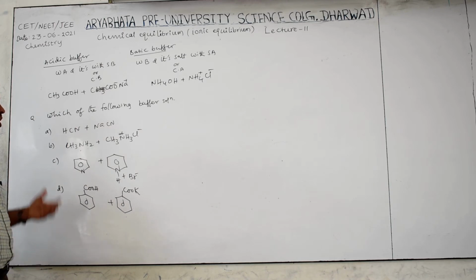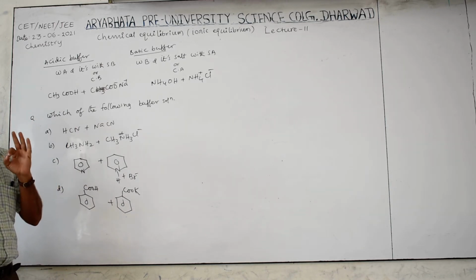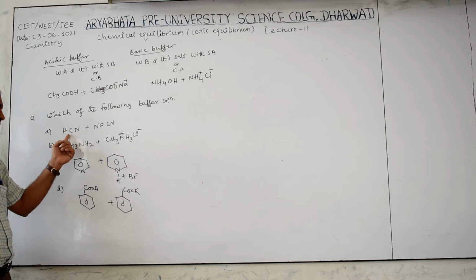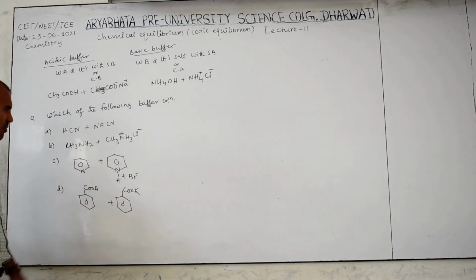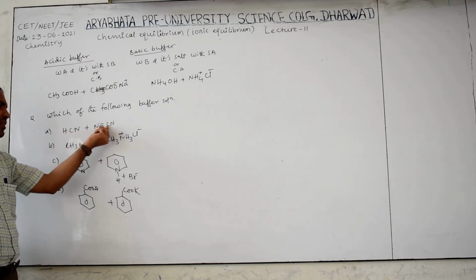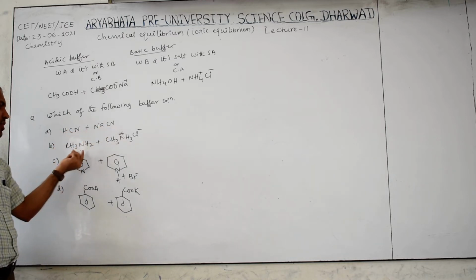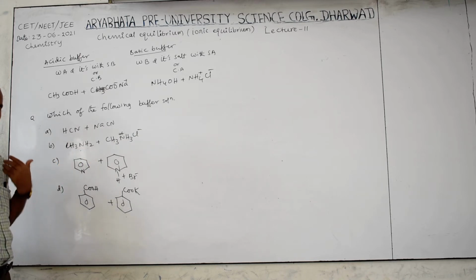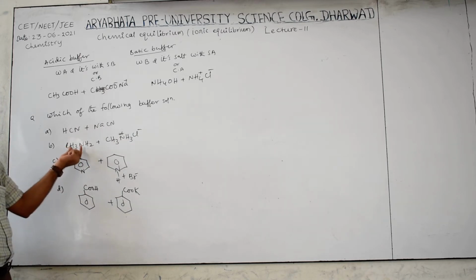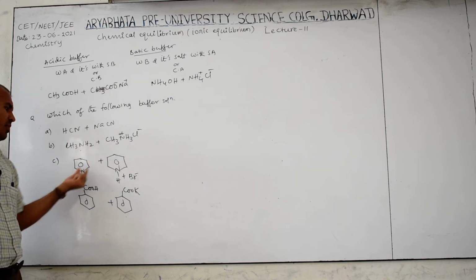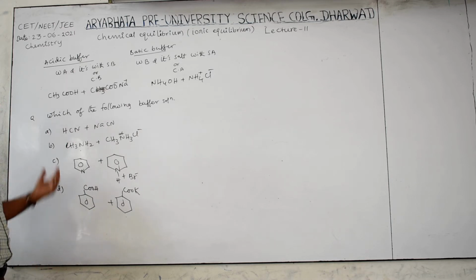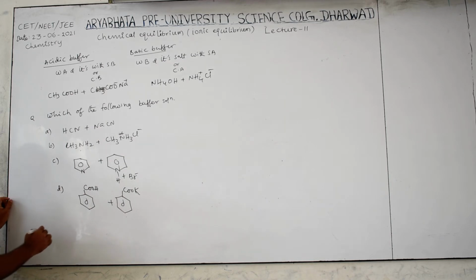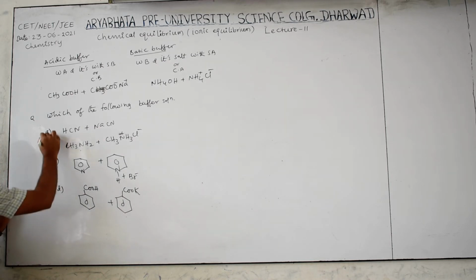All these are which one? Buffer solutions. How to identify? We require a weak acid or weak base. The weak acid is HCN, because we know only six are the strongest acids; other than those, you have to consider the rest weak acids. So a weak acid with its salt with a strong base. This is a weak base. Organic acids and organic bases are all weak acids and weak bases. So this is an organic base and its salt, an organic acid and its salt. So whatever is given, you have to understand that this is a buffer solution. All these are buffer solutions.